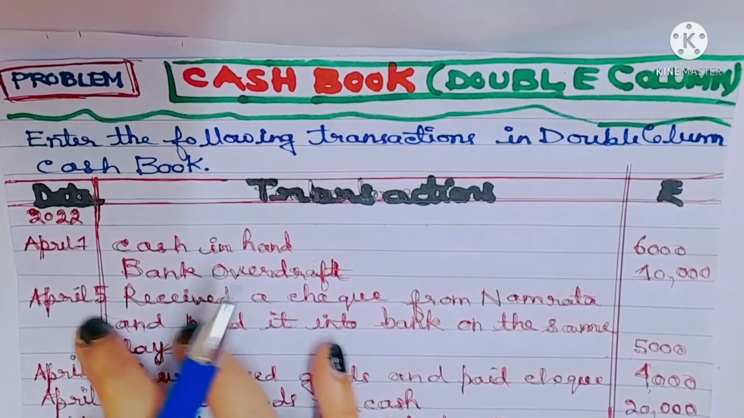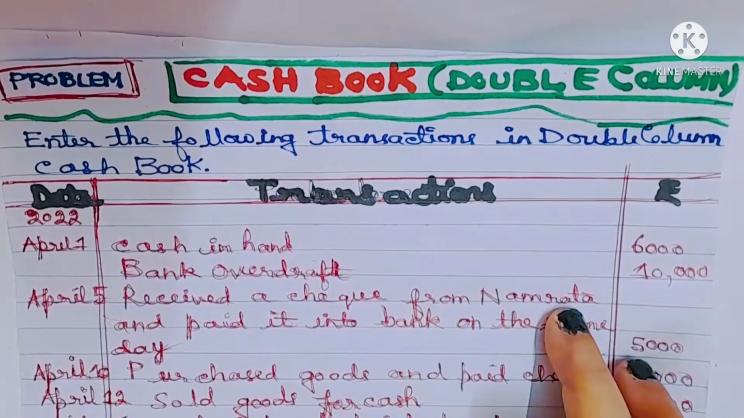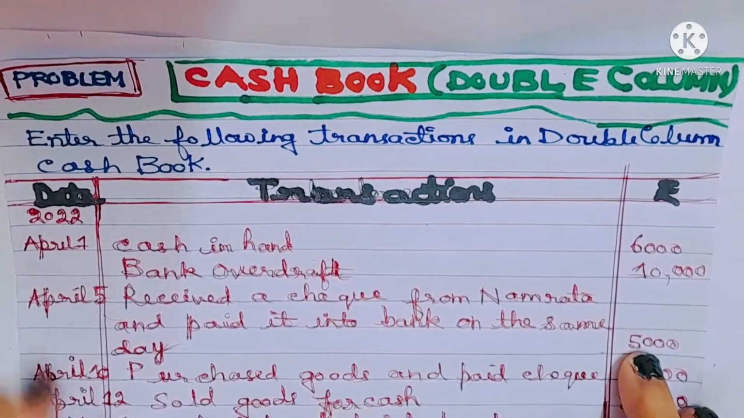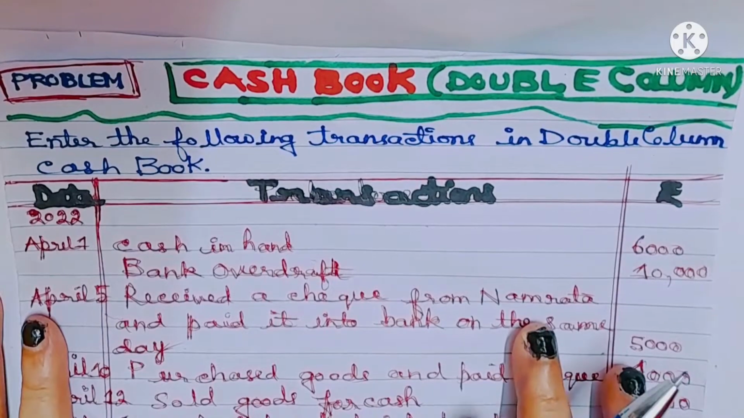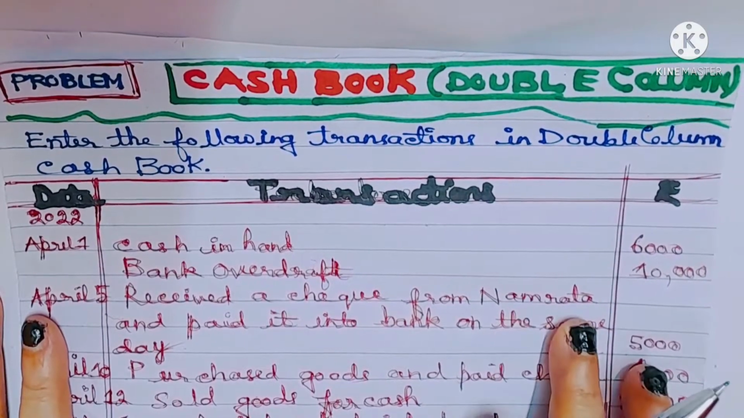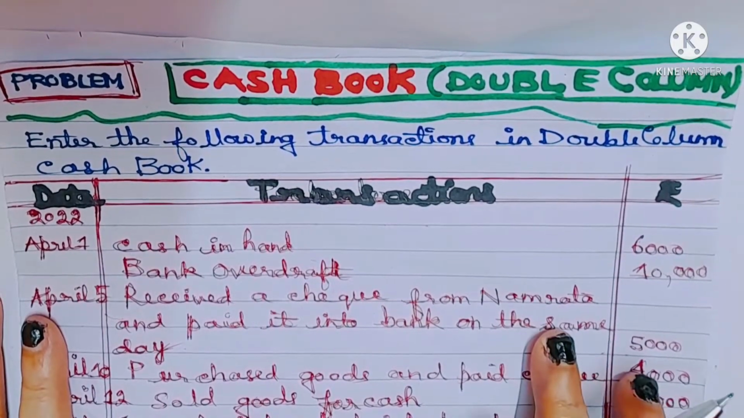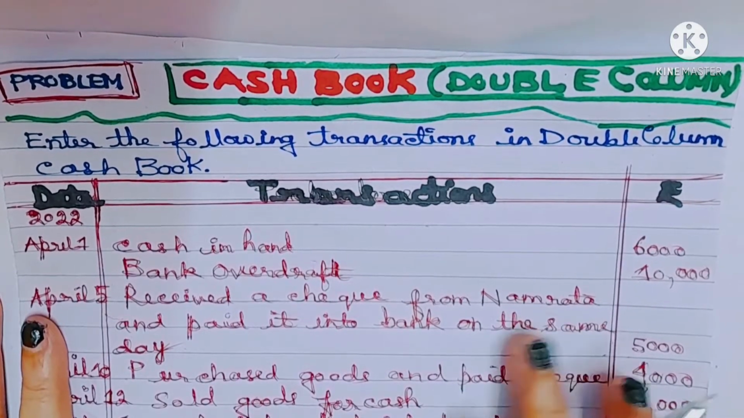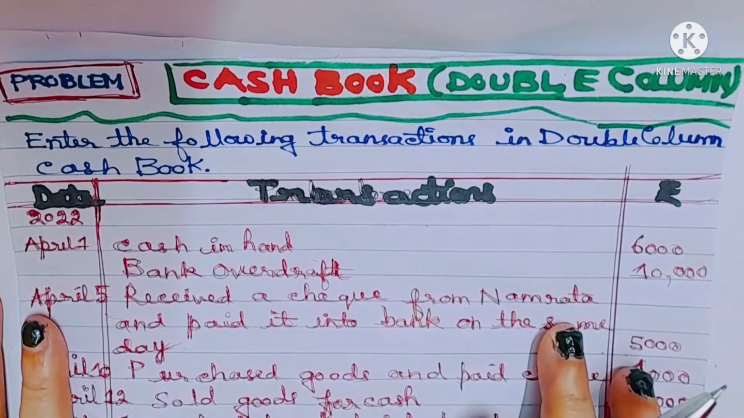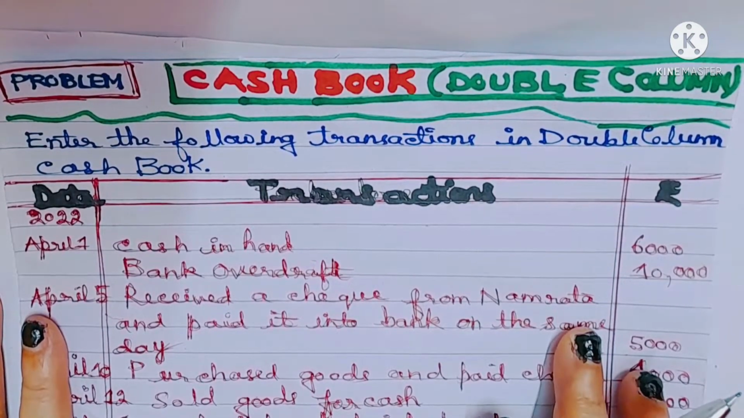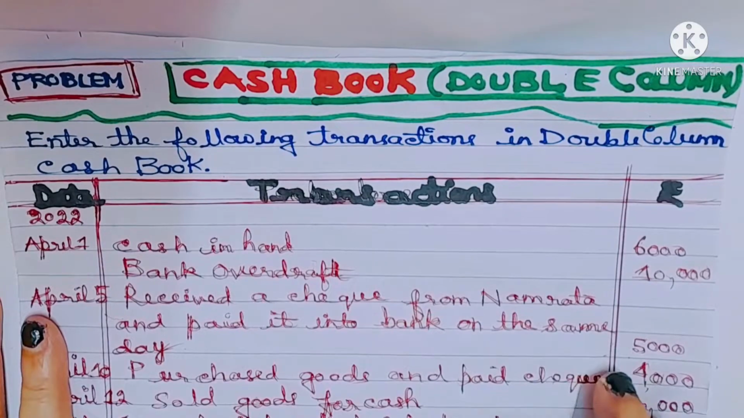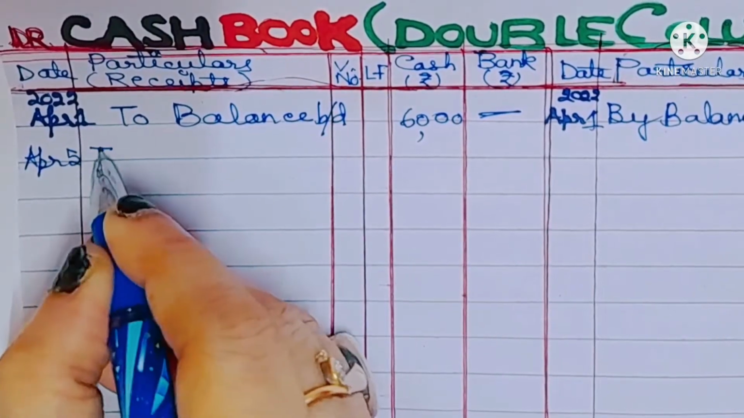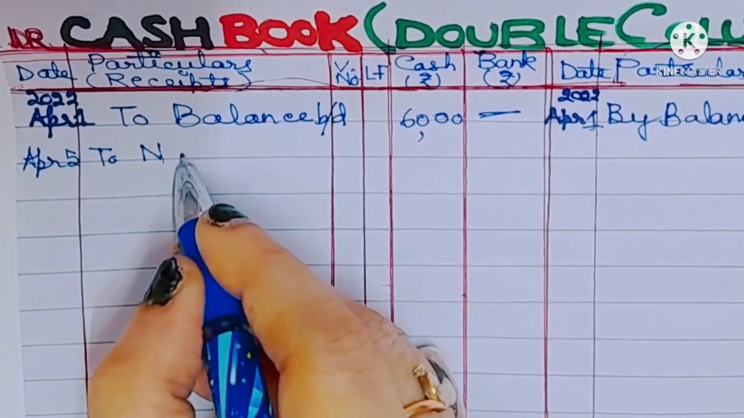So the next transaction is on 5th April, received a check from Namrata and paid it into bank on the same day 5,000. So what will be the journal entry? The journal entry will be bank account debit to Namrata account. So what is the position of bank account? Since bank account is on the debit side, Namrata account will also be on the debit side. So we'll have to write to Namrata account in the cash book on the debit side in the bank column 5,000. Okay. So let's write on 5th April to Namrata account